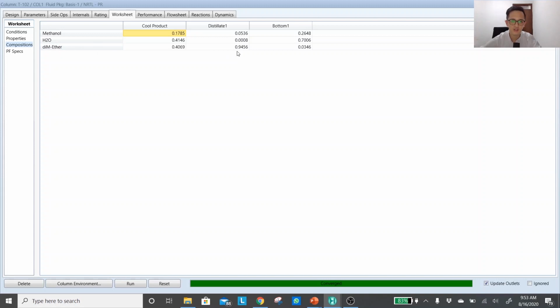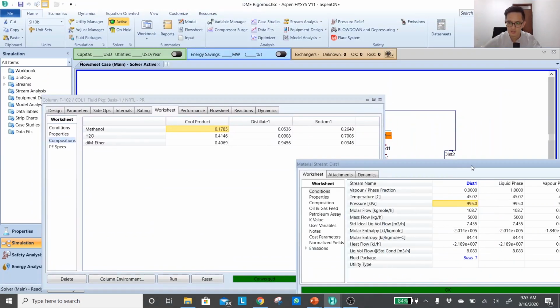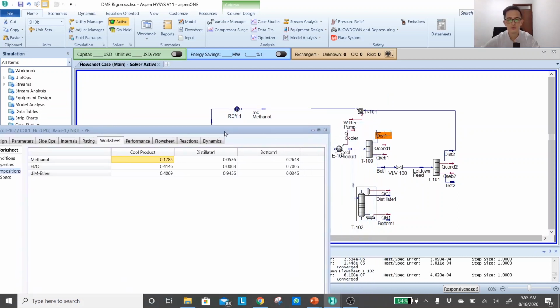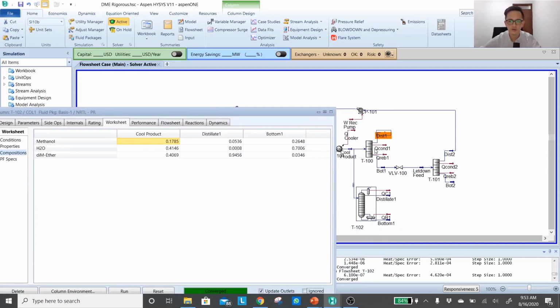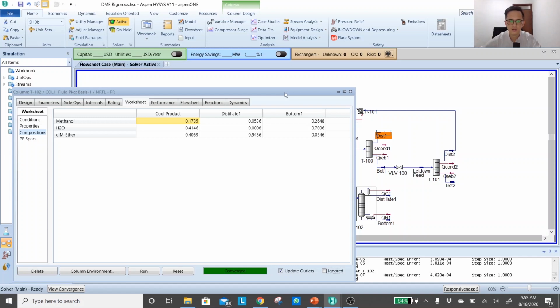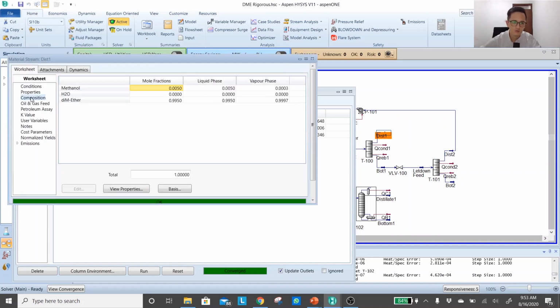Now we get the DME at around 95%, which is still below our target of 99.5%, and the water still contains a lot of DME at the bottom of the distillation column, but that's very normal. Why? Because we still use the exact numbers from the shortcut distillation, and that always gives us worse results when we put those numbers into the rigorous distillation column. So what you have to do is fine-tune your rigorous distillation. Your composition has to be 99.5% DME.